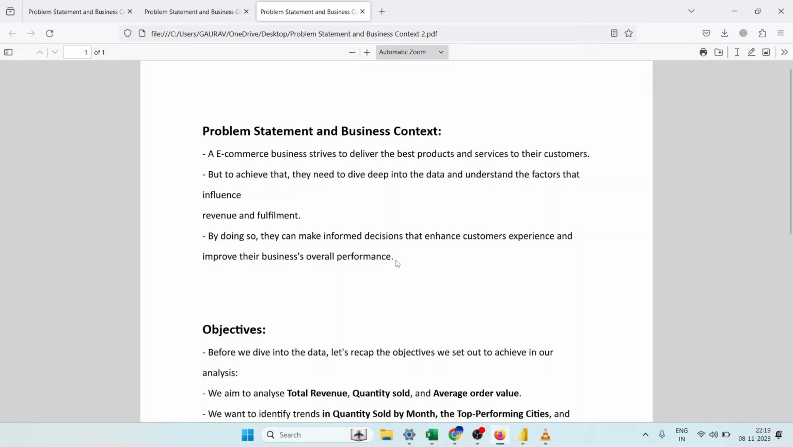So, let's say you are a manager at an e-commerce company. So, you are required to make informed decisions so that the customers' overall experience and the business's overall performance increases. And for that, we have set out some